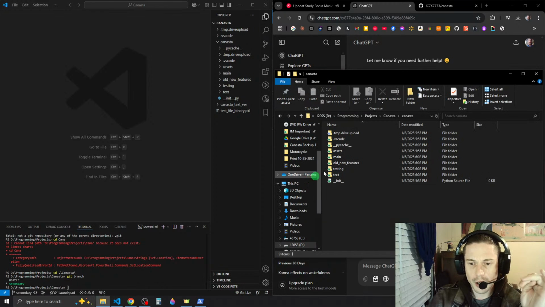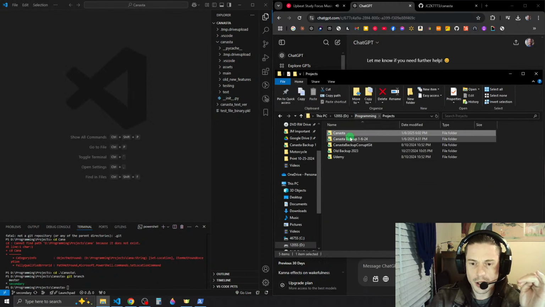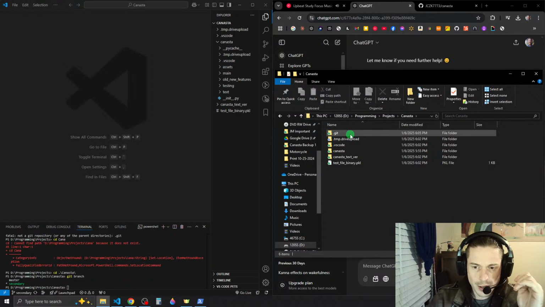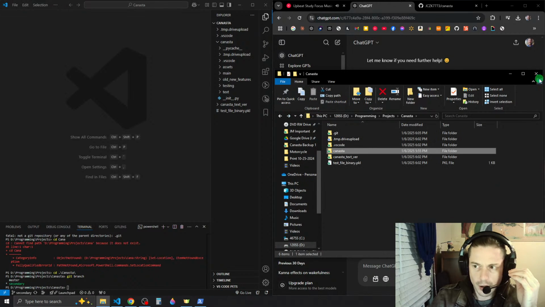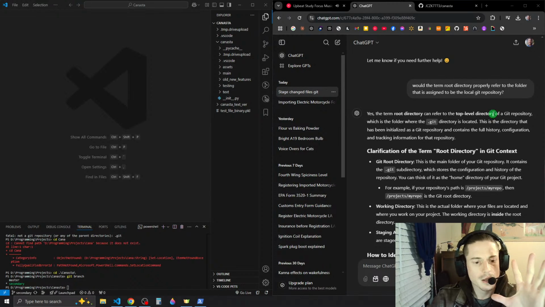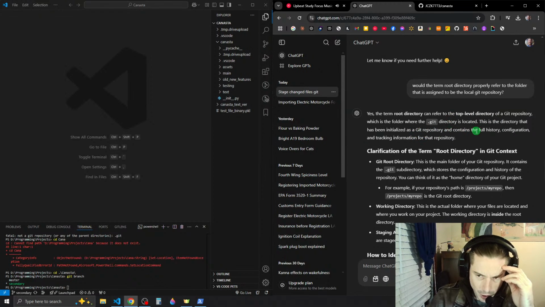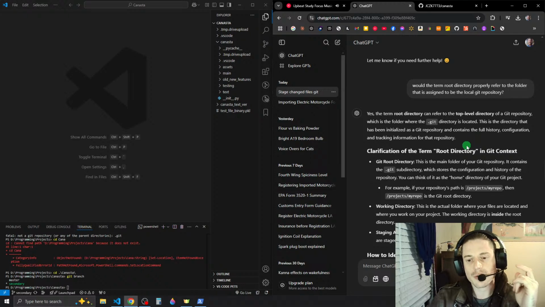So if we look here in projects/Canasta, there it is. And then if you go in little Canasta, there is not a git file. So we have that done properly. This is a directory that has been initialized as a git repo and contains the full history, configuration, tracking information for that repository.